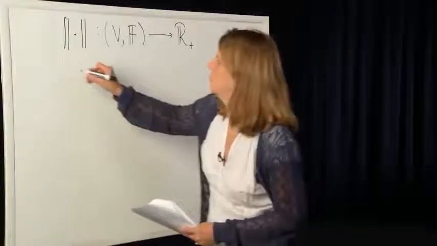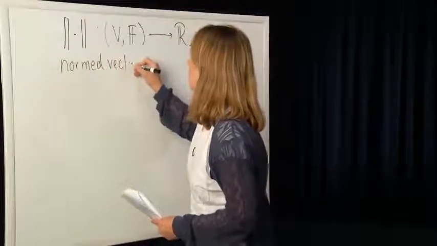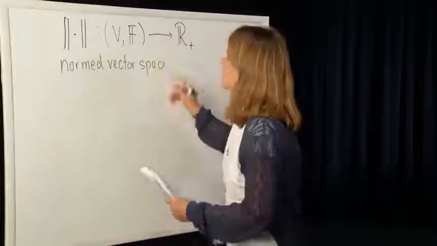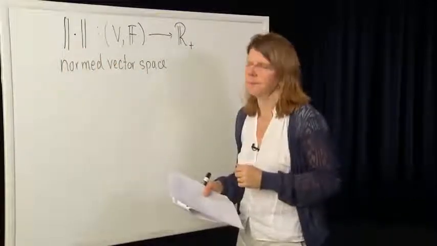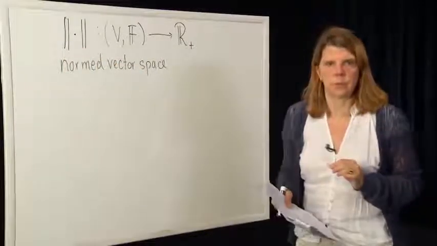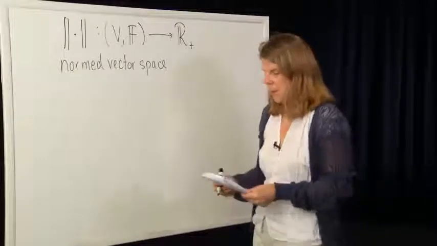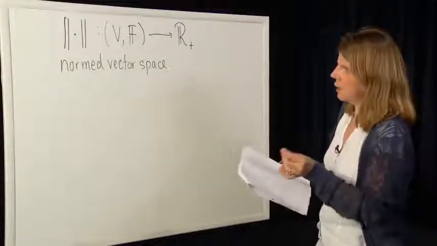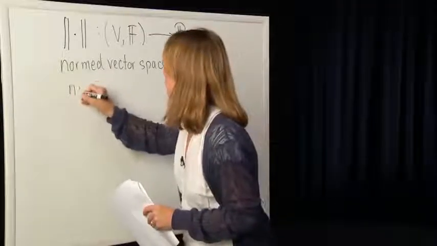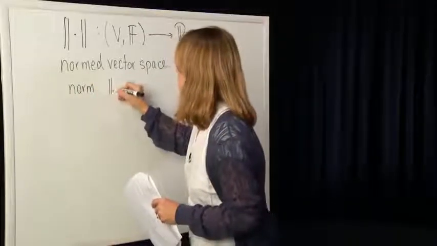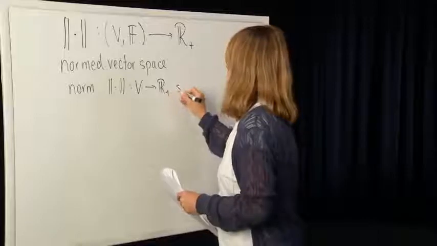And so we call a normed vector space such a vector space V which has a norm defined on it. Okay, now the definition of a norm is quite general, yet quite specific. So what does that mean? Well, it is a map, and it has to satisfy these given properties. So a norm, which, we'll use this notation, so it maps V to R plus, satisfies